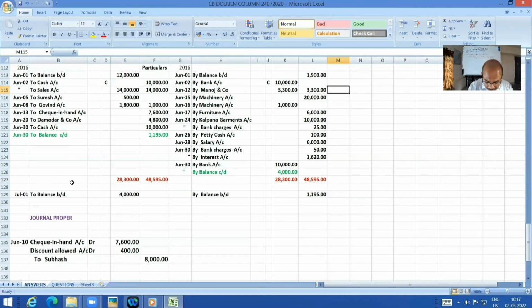Paid for purchase of machinery by check, 20,000. So buy machinery in the bank column, 20,000. And they say paid wages for the erection of above machinery, 1,000. Paid wages. Did they tell you it is through bank? No, obviously it is through cash payment only. Then I show it in the cash column. Is it wages or machinery? Yes, please keep it in mind.